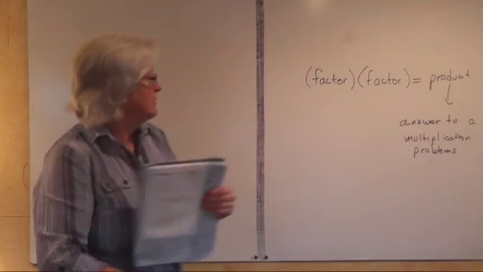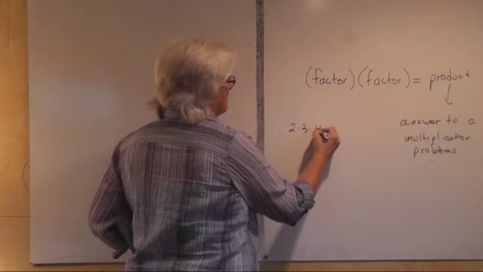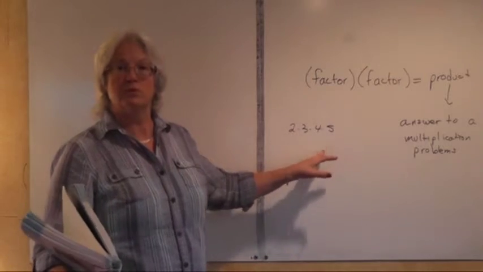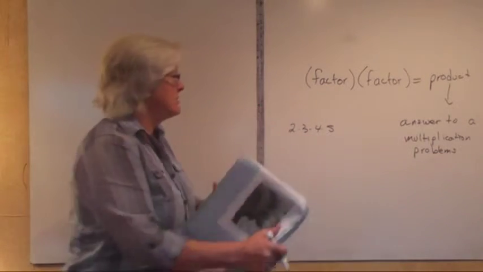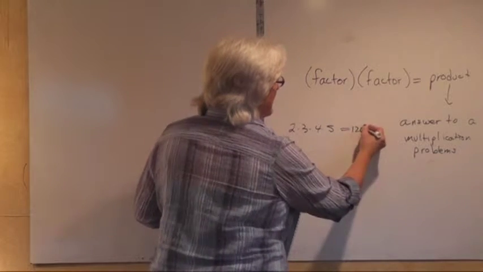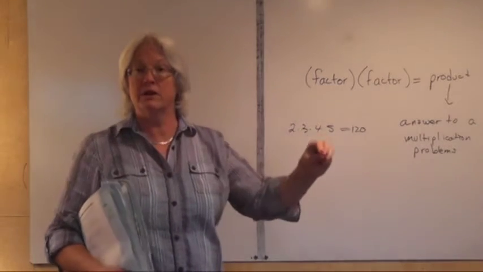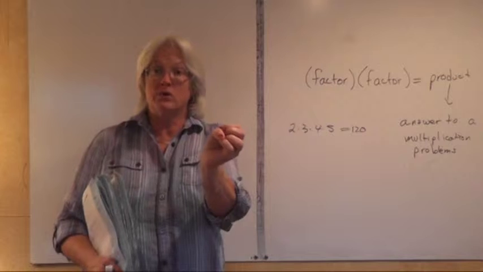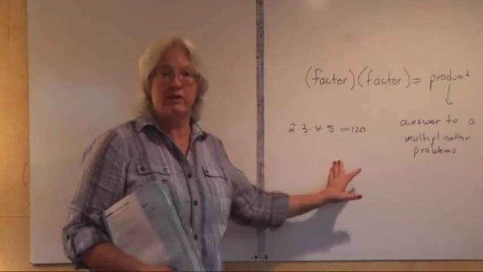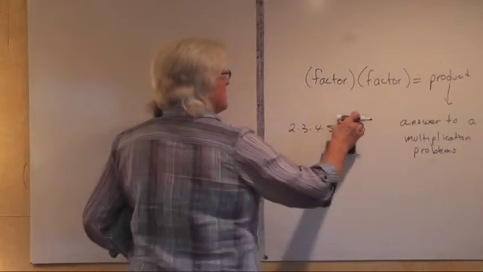Now, what is the answer to 2 times 3 times 4 times 5? Well, 2 times 3 is 6, times 4 is 24, times 5 is 120. But did I actually look at that number and say 2 times 3 times 4 times 5 and know that that's 120 just by lumping all of those numbers together? Well, no, I didn't. Now, I happen to know that when you multiply those first four numbers together, it's 120. And if I didn't, though, I would be